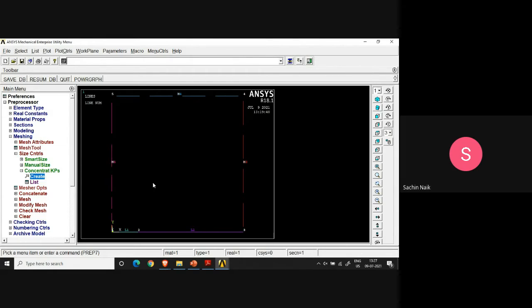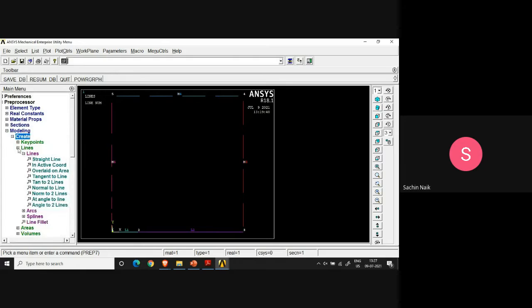Once that is done, now these are only lines. I have not yet created the geometry fully. So for creating the geometry, I have to create an area. So I go to modeling again, back, create, and then I say create area, arbitrary. In arbitrary, you have the option by lines.